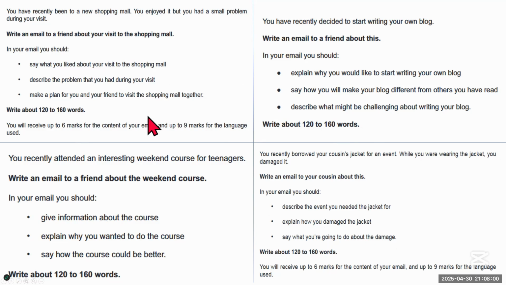Now, as you can see, the questions are all very different, and that's why it's very difficult to come up with a template. However, I hope that you have noticed a similarity between these 4 questions. So the question usually requires you to write to a friend and sometimes to a relative. So the register is informal. So I will come up with an introductory and conclusion paragraph for you that is informal, and you can pick and choose which ones you like.